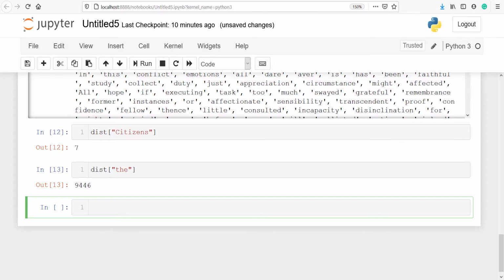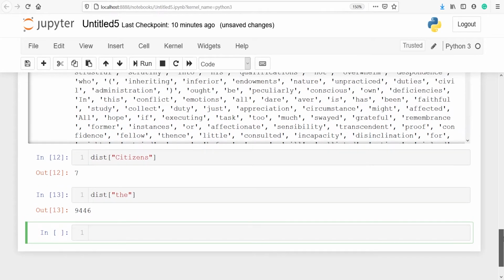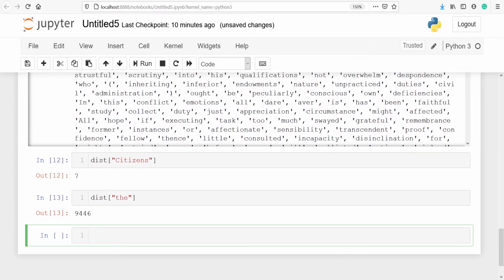Let's find a word whose length is greater than 5 and it occurs at least 100 times. So we want to find a word whose length is greater than 5 and it should repeat more than 100 times. So I'll write a list comprehension: w for w in words if length of w, instead of words I have to put here dist because our results are stored in this dist.